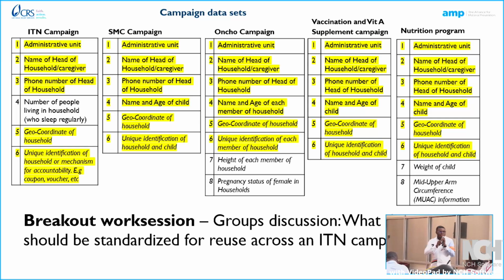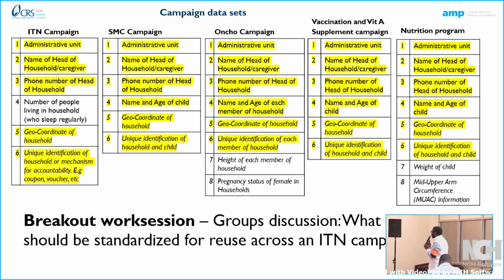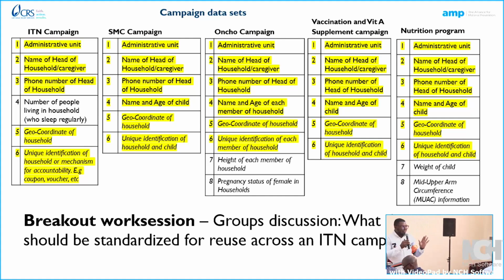Okay. So I think, having listened to me for the past 15 or 20 minutes, we should just do a quick group walk at each table. In the context of what I've just explained, can we use 10 minutes and agree on each table the list of data sets that you think should be received or collected in a specific health campaign? In case you think differently, all right, can we just do that quickly?